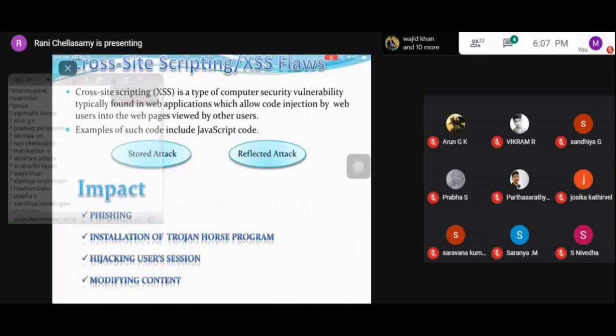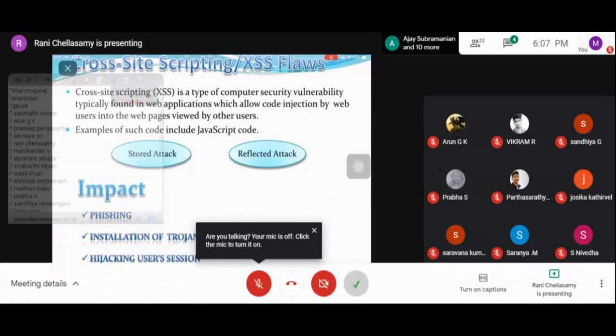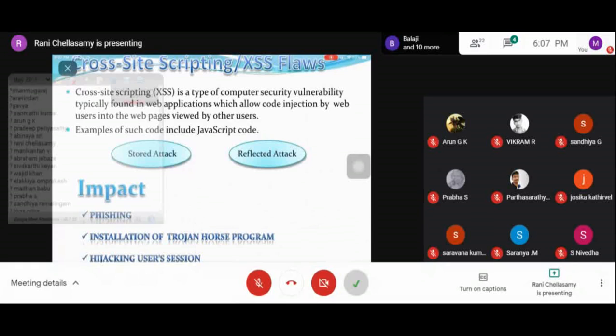There are two attacks possible with this cross-site scripting. One is the stored attack, the other one is the reflected attack. The impacts of cross-site scripting are phishing attack, installation of a Trojan horse program, hijacking user session, and modifying the content.